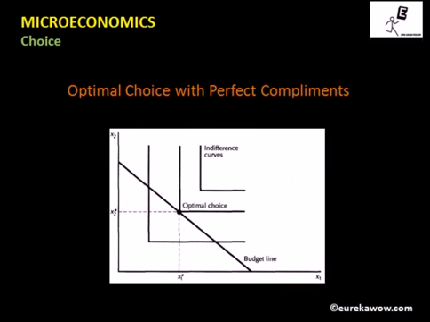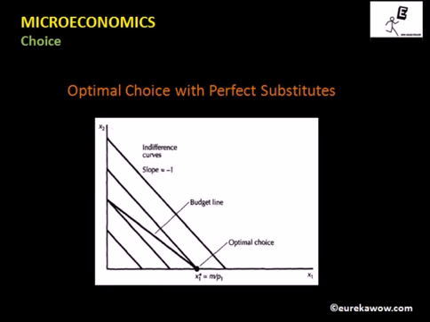Now we will look into optimal choice with perfect substitutes. We know that in case of perfect substitutes, the indifference curves are straight lines and downward sloping. Now in this case, we are taking the ratio in which the consumer is substituting good 1 with good 2 to be 1:1. As a result, the indifference curves will have a slope of -1 as indicated here. Now we have the budget line given. In case of perfect substitutes, what the consumer will be consuming will depend on the slope of the budget line and the slope of the indifference curve.